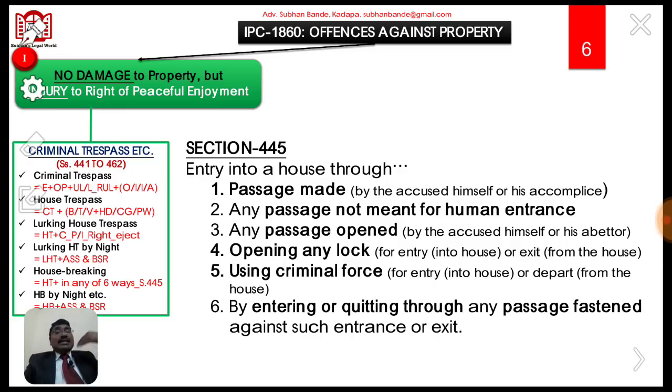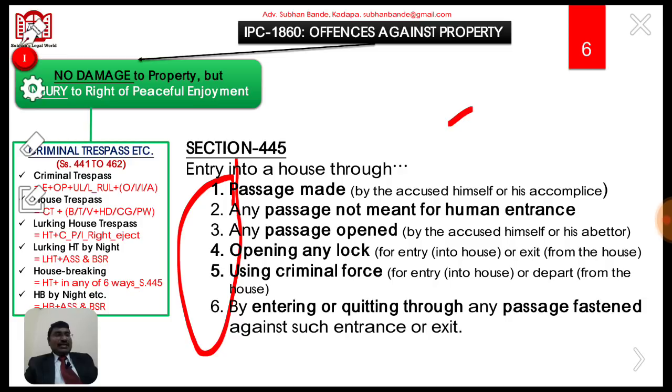Using criminal force for entry into the house or to depart from the house. For his entry, if he uses some criminal force upon a person who has the right to possess such property lawfully, in order to enter into such house or in order to exit or depart from the house, it is also said to be housebreaking as under section 445. The fourth way is by entering or quitting through any passage fastened against such entrance or exit. If any accused enters into